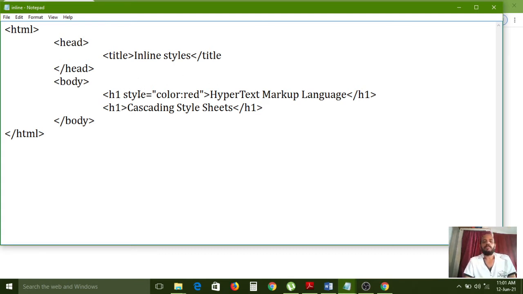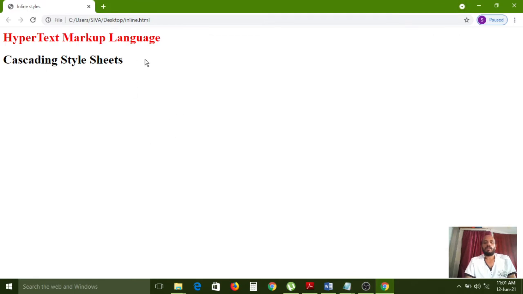We are applying the styles for a single element, for this single line purpose. So that's why it is called inline style sheets. By using the style attribute you can apply only inline styles. And now we have completed inline style sheets.